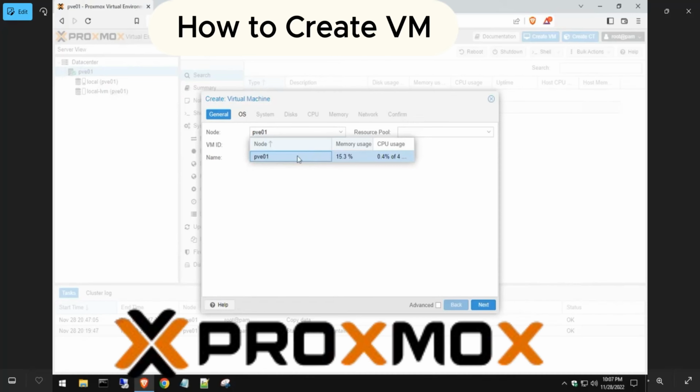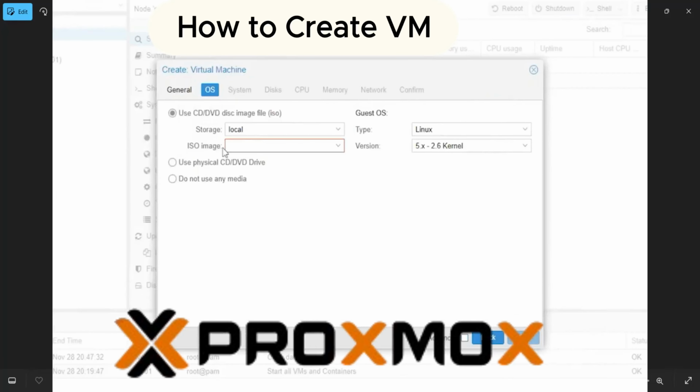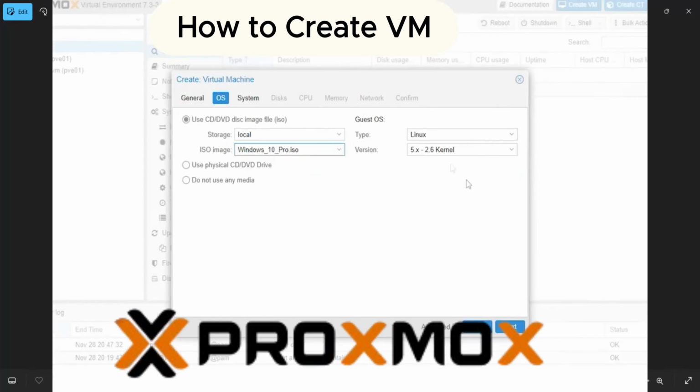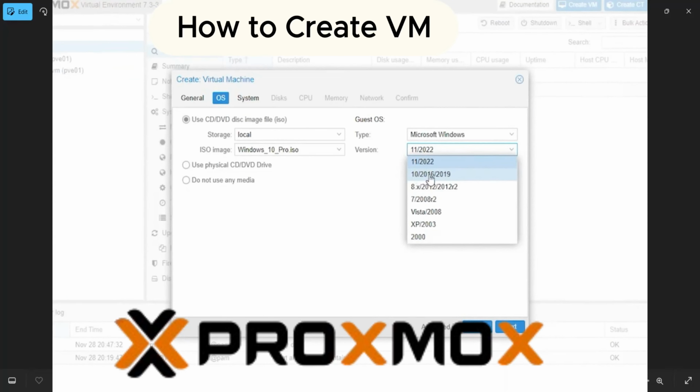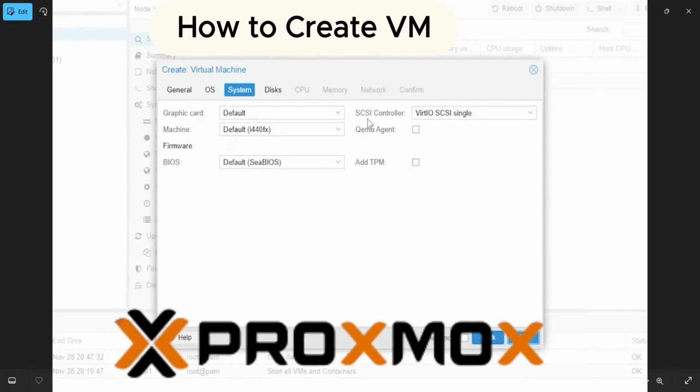We will select that ISO image which we earlier uploaded inside Proxmox VE, and we will select the Windows specific version. Now, if we move forward, you will see that we need to select three major areas which we discussed earlier. The first one is compute, then storage, and then network. Here we go. And in this session, we are going to deal with the storage area.